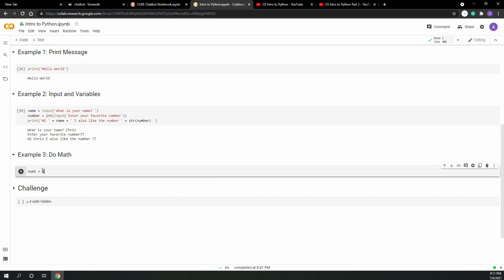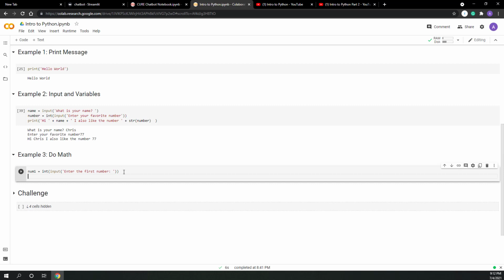So num1 equals, and we'll do int because we're getting a number, input, and we'll write our first prompt. So we'll write "enter the first number." Remember, anything in red, we could write what we want. So I chose to write "enter the first number." You could write "please enter a number," whatever message is going to convey the point. And then we'll do the same thing for num2. We'll say num2 equals int input